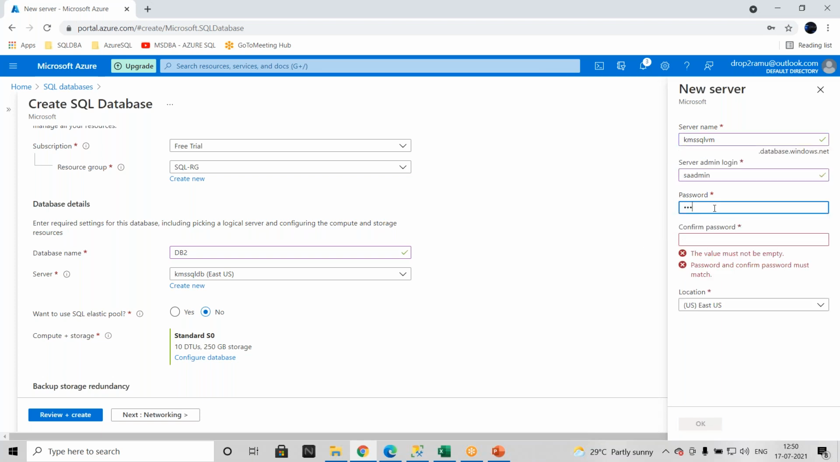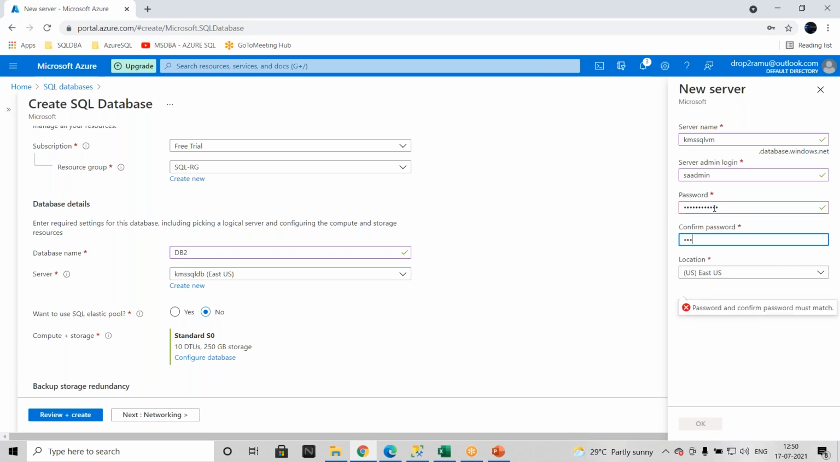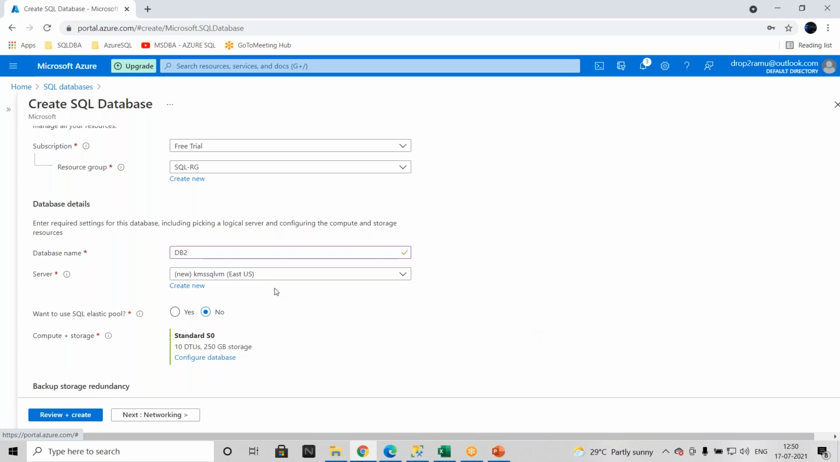Okay, mention your password for your SA admin. Okay, and just click on OK. Okay, now you created a logical server,